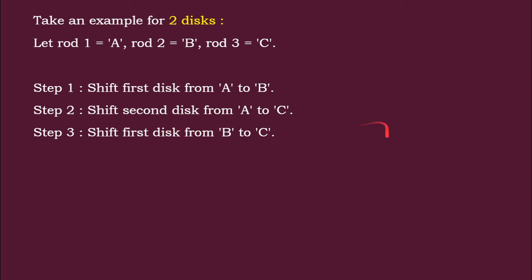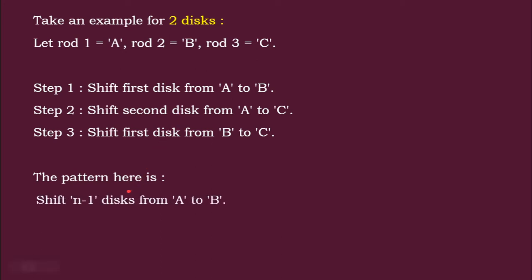Let us see with the diagram, it will be easy to follow. These are the 3 moves, and here we can see that for the number of disks 2, the number of moves will be 2 power n minus 1. So we have 2 power 2 minus 1. This is the number of moves in the mathematical puzzle of Towers of Hanoi.